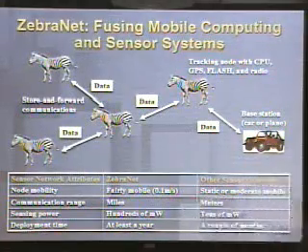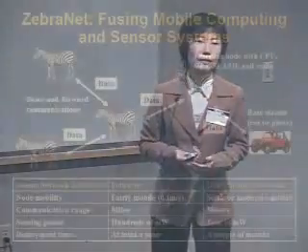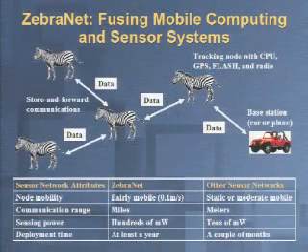Compared with other sensor networks, ZebraNet has higher node mobility because zebras tend to move a lot. Our communication device has longer range because we need to connect sparsely located zebras over a wide range, typically hundreds of square kilometers. Our sensing device has higher power consumption. And finally, our network is designed to be deployed for a longer period of time because we have very restricted human access to the wild animals. So overall, we feel ZebraNet is a good study example that fuses sensing system characteristics with mobile computing